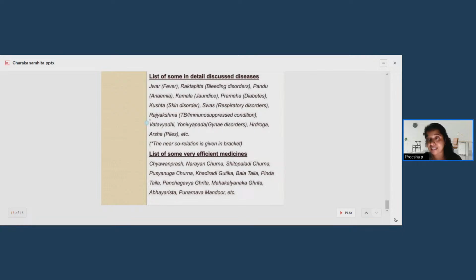Then the Apatarpana is explained. The Apatarpana is of 3 types: Langhana, Langhana Pachana, and Doshavasechana. Langhana, Langhana Pachana, and Doshavasechana. So Langhana is for Alpa Dosha. If there is only Alpa Dosha, you can go for Langhana. And if it is Madhyabala Dosha, you can go for Langhana and Pachana. And Doshavasechana, or Panchakarma, is for Bahu Dosha. If Bahu Dosha is there, you can go for Panchakarma, Doshavasechana.